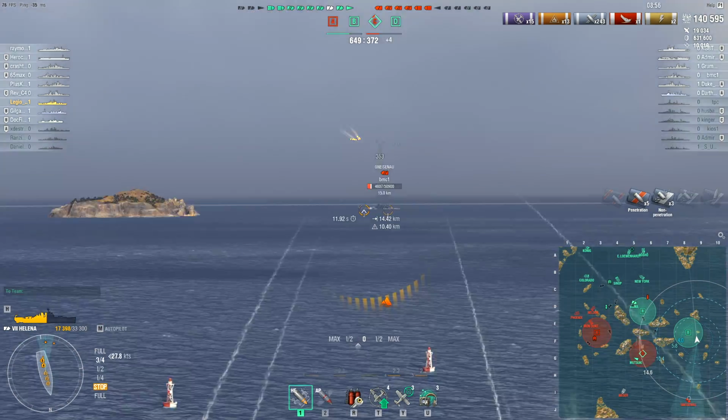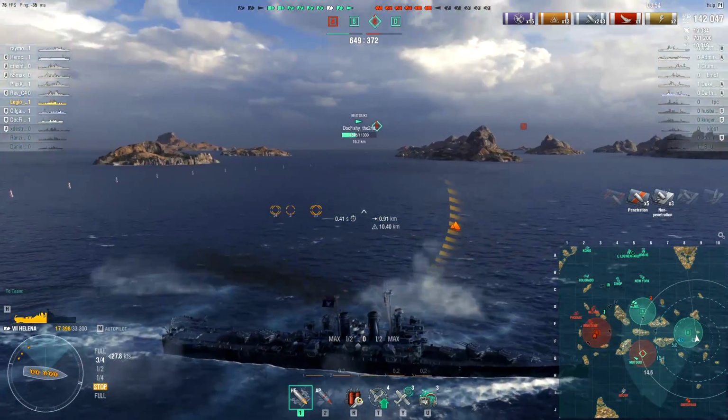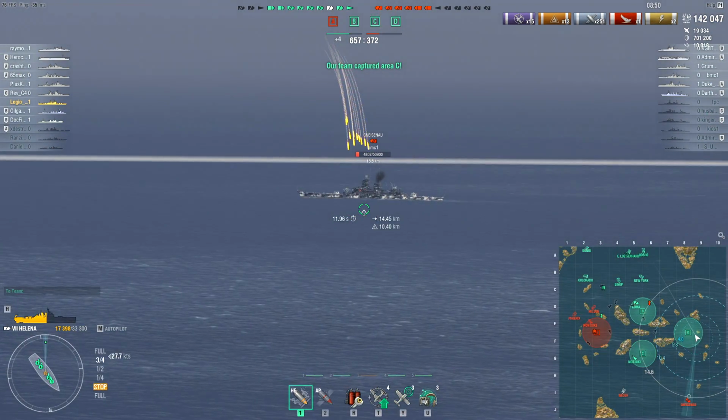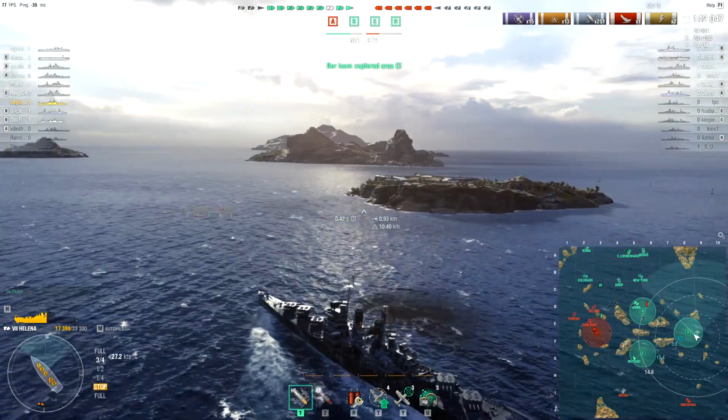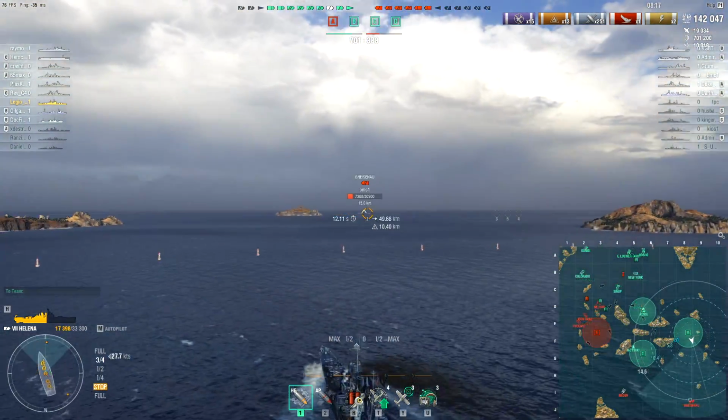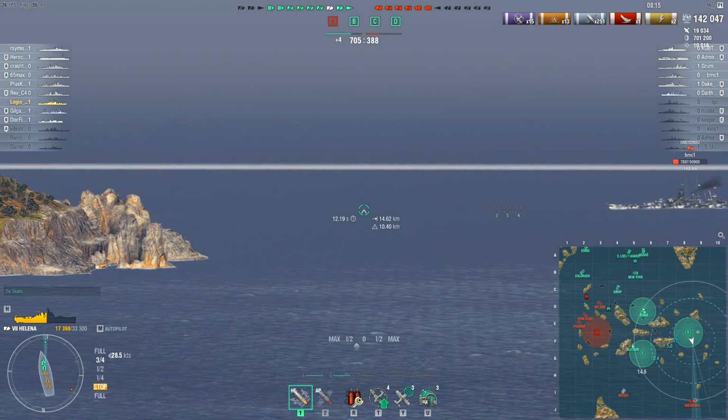They've basically, like, the enemy team capped A, and their team's contained it essentially. The Mutsuki has actually then flipped the no, was that the A cap or the C cap? I can't see. That's the C cap they just flipped. And